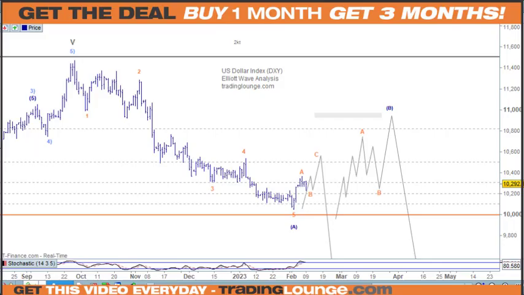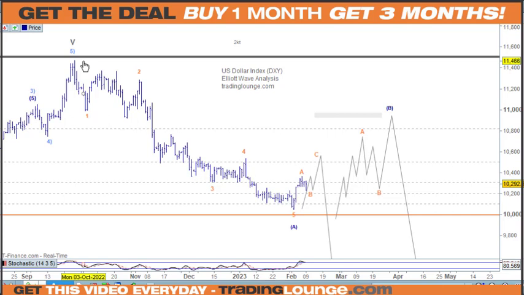Okay, let's go through and start with the US dollar first. As we've been talking about, for the US dollar, we've been counting down as 1, 2, 3, 4, 5 here. This top on the 28th of September, roughly here, was pretty much the same time that gold bottomed out, and then we come into October, and in October this is where we find most of the